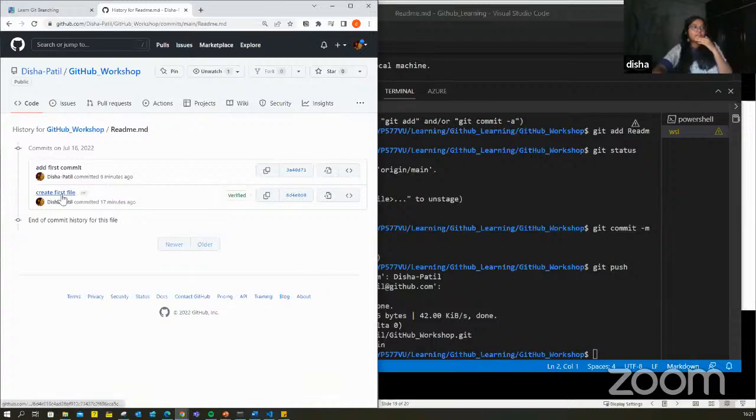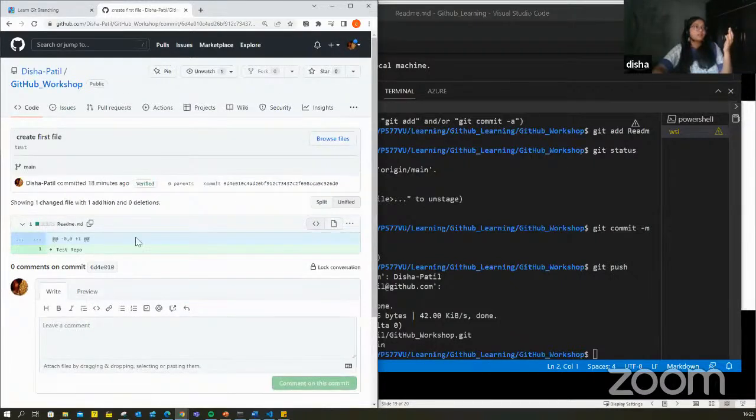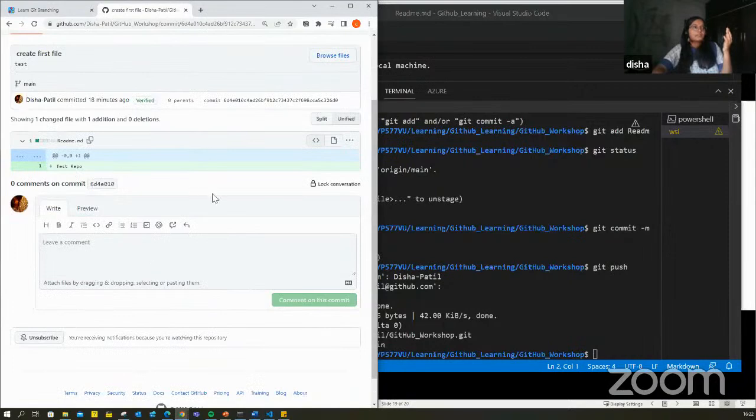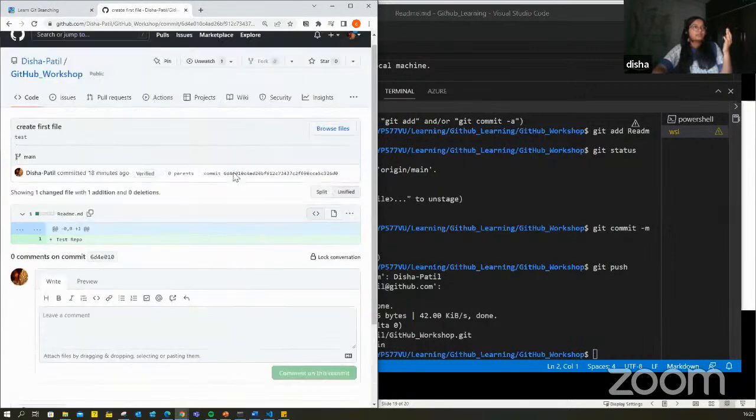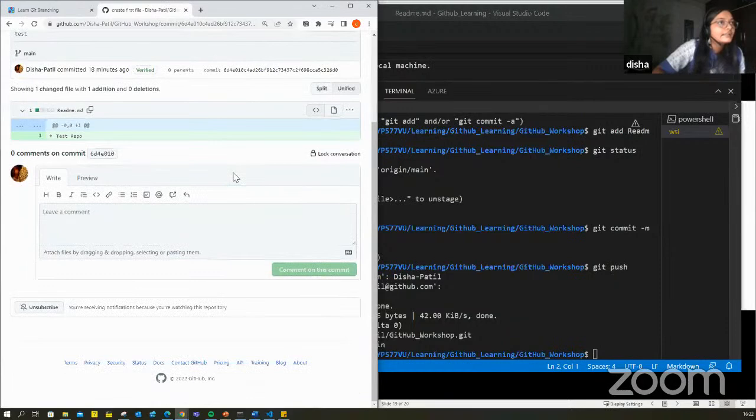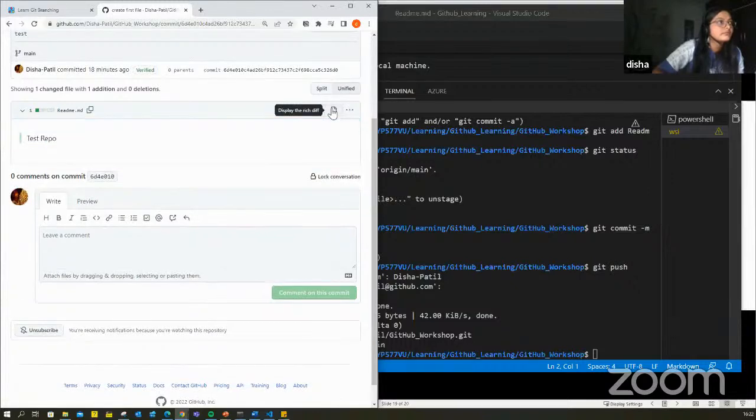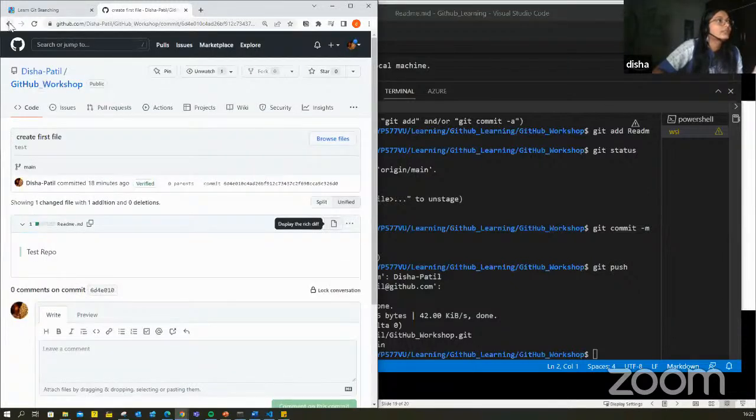Okay, I can basically over here also in GUI show you. Is there a diff? No, this is a diff with just one file.